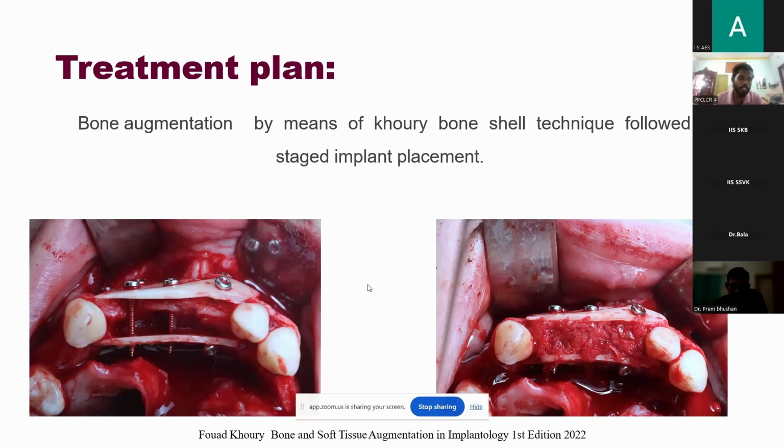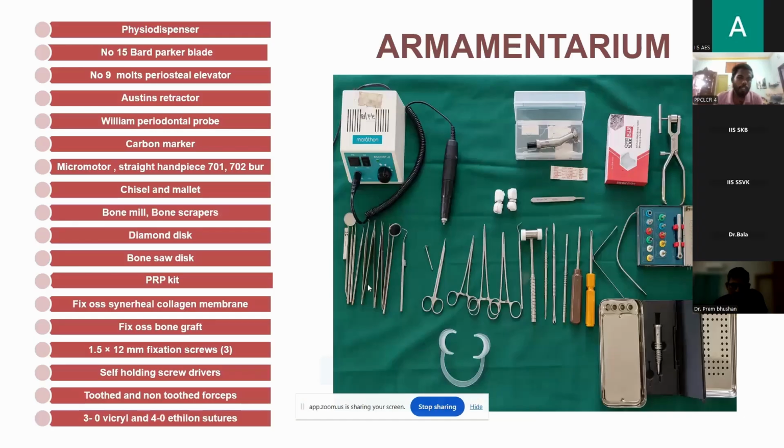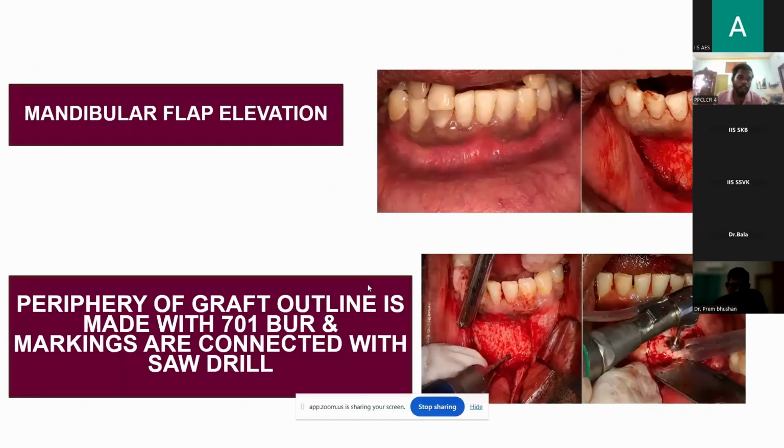Just on Khoury's bone shell technique, it was introduced by Fouad Khoury, and a corticocancellous bone graft was excavated from the donor site, and the cortical shells are separated. These cortical shells are secured with fixation screws onto the recipient area. The generated gap is filled with particulate graft. So these are all the armamentarium. And coming to the procedure, under local anesthesia, a vestibular incision was carried out, and from canine to canine region, a full thickness mucoperiosteal flap